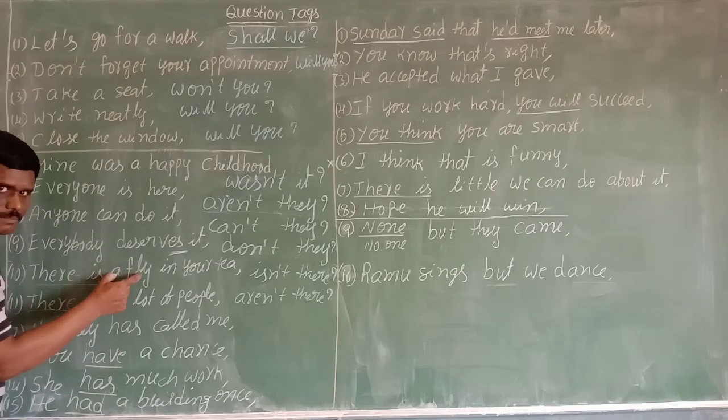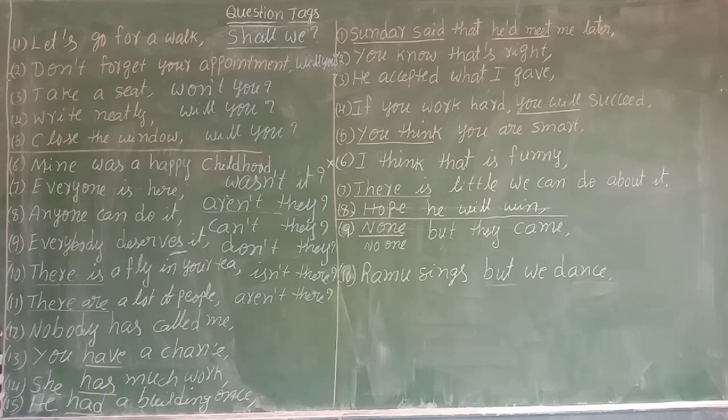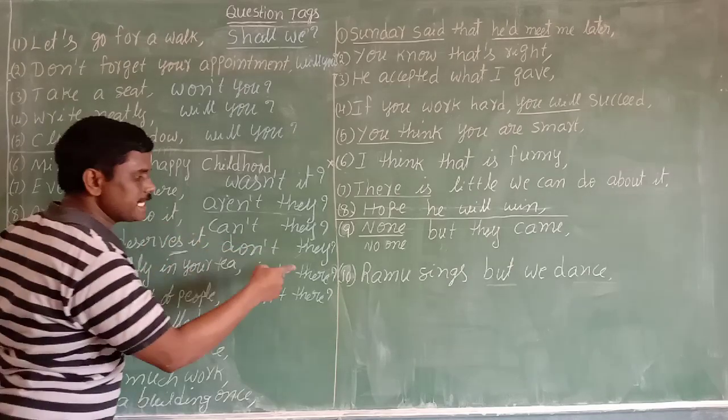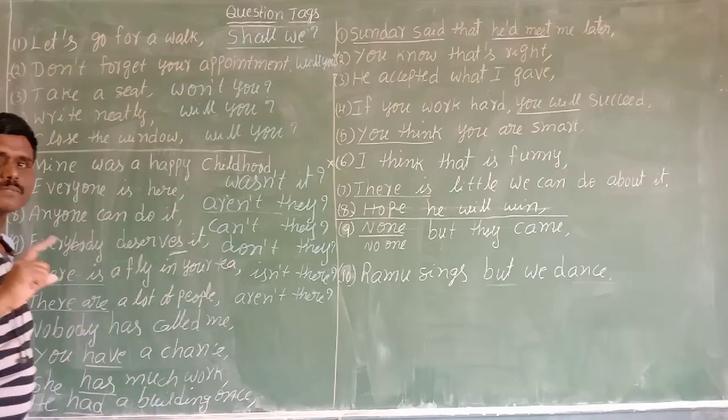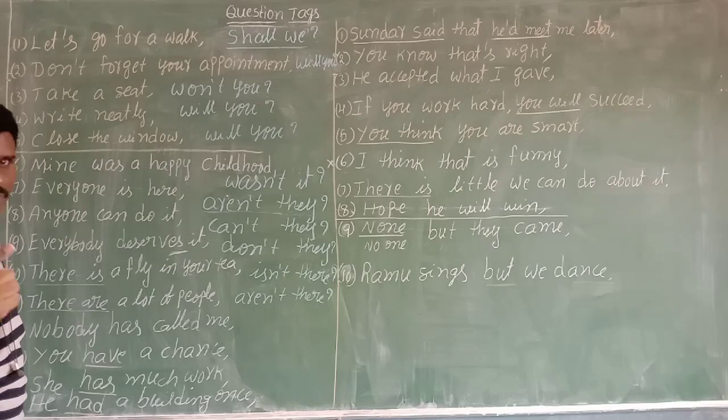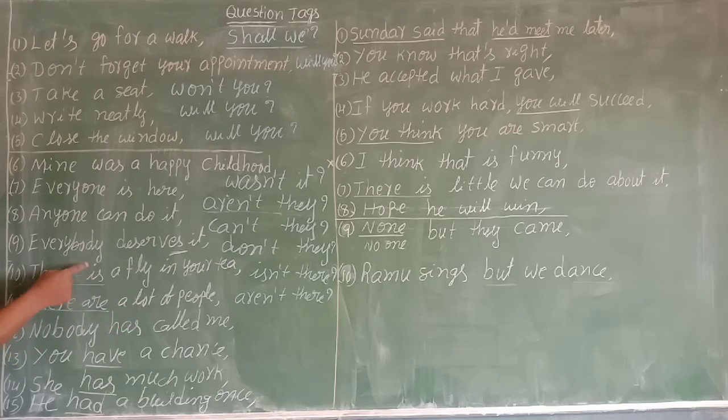Actually, if this is the subject, if we write "isn't it", it doesn't denote poetic inversion. That is why, in order to denote the poetic inversion, here we use "there". Even though it is not a pronoun, it is an adverb. We use this adverb in question tag because it denotes inversion, poetic inversion. Be careful. That is why here two cases. For example, there is a fly. There are many flies. Actually, with "there", no difference with the subject verb.